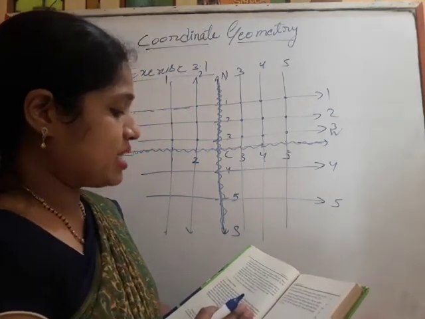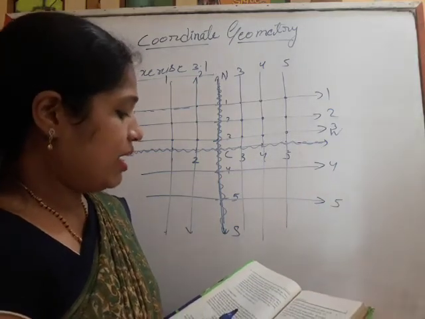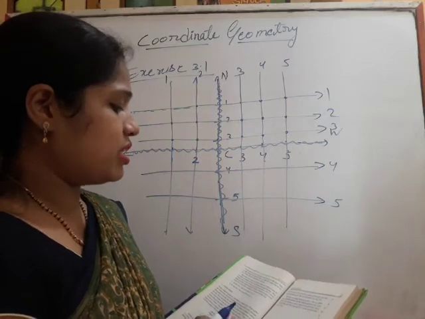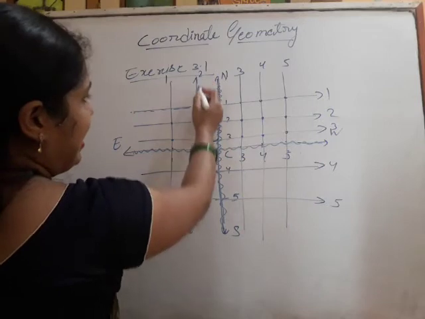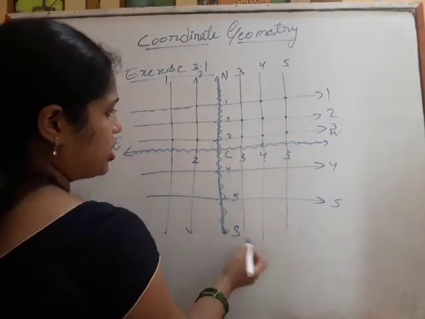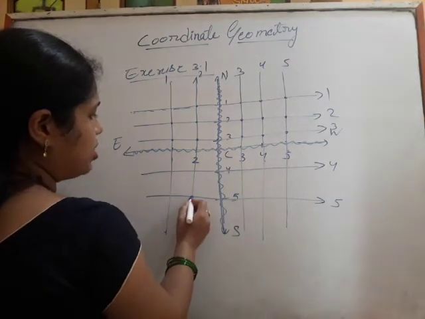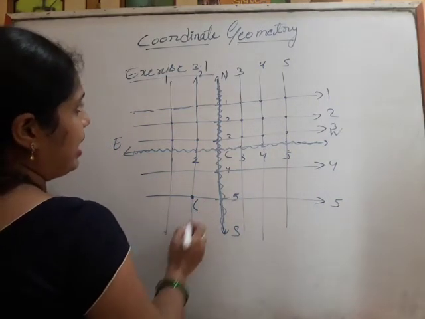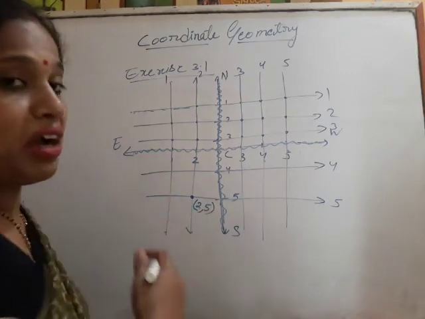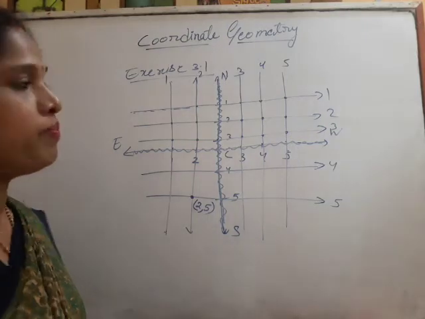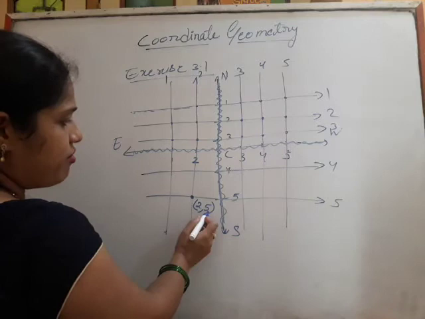They must be meeting at some crossing. So we will call this cross street 2, 5. This second line in the north-south direction and this fifth street in the east-west direction cross each other here. So we can name it 2, 5. This is the convention for naming the position where they cross each other.